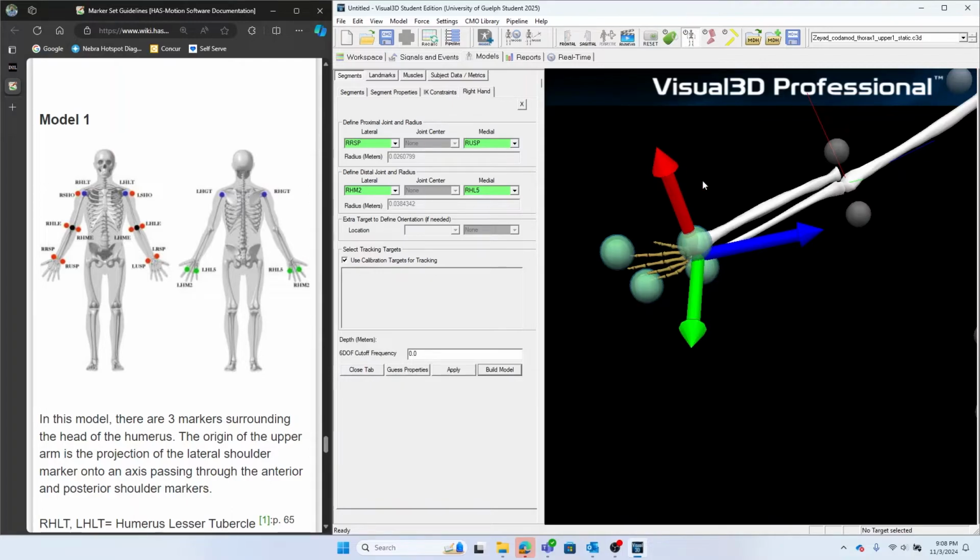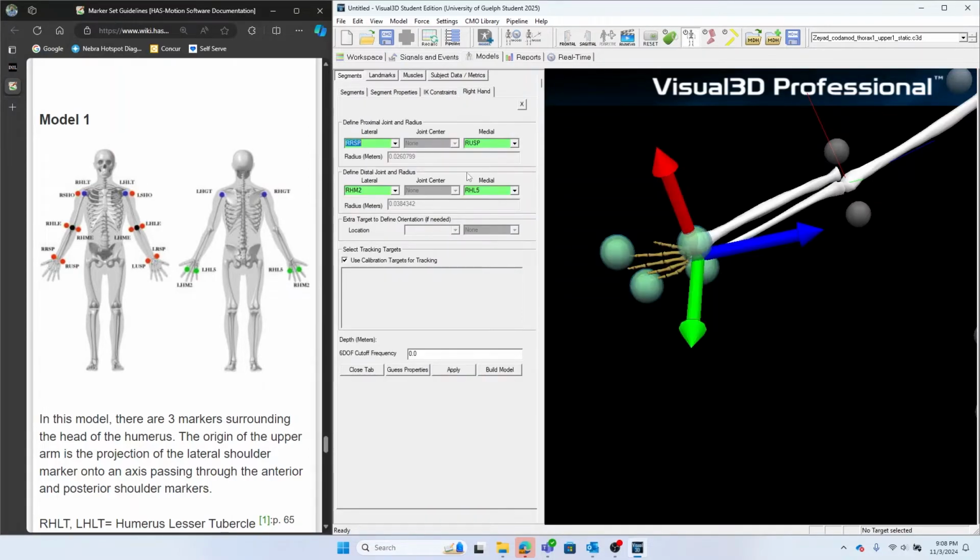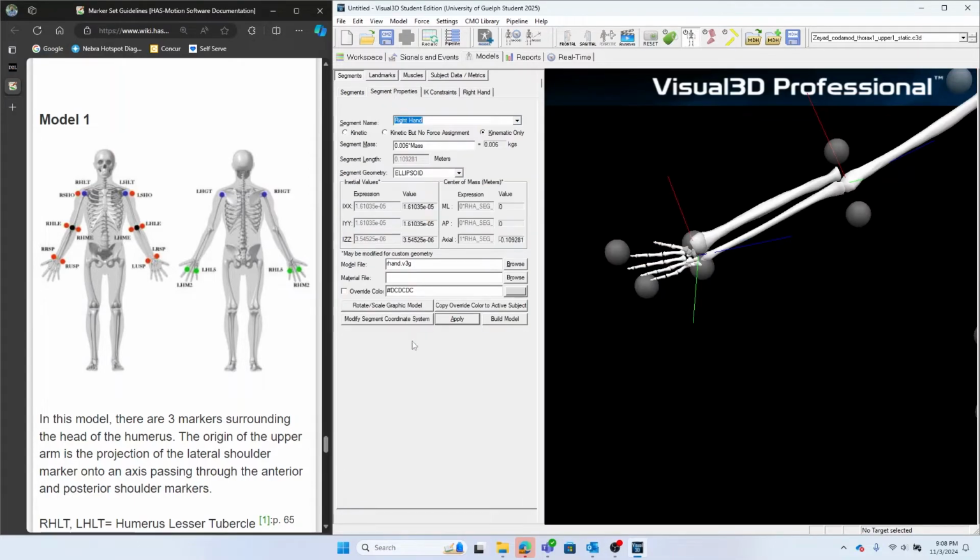So to do this, say you close this tab and you're outside and you want to come back and modify this segment. What you need to do is double click on these segments. You'll come back here to the same settings as we saw earlier. We need to go to the segment properties. Click here, then find this button, which is called Rotate Scale Graphic Model. Click on it,